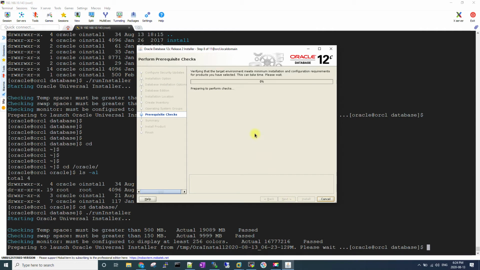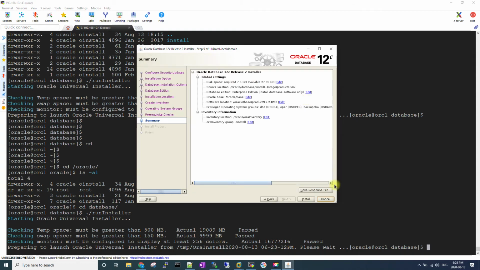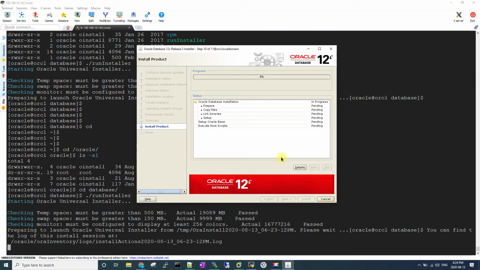It's not throwing any error, and it shouldn't throw any error during the prerequisite checks. Yeah, let's install it. So let me come back as soon as it prompts to run the root.sh script as well as the orainstRoot.sh script, and then I'll come back.